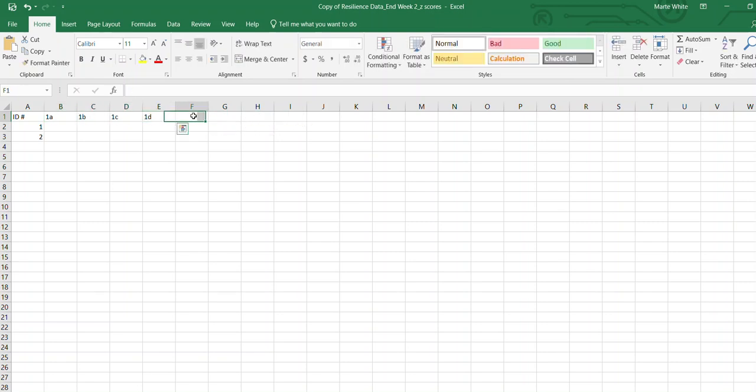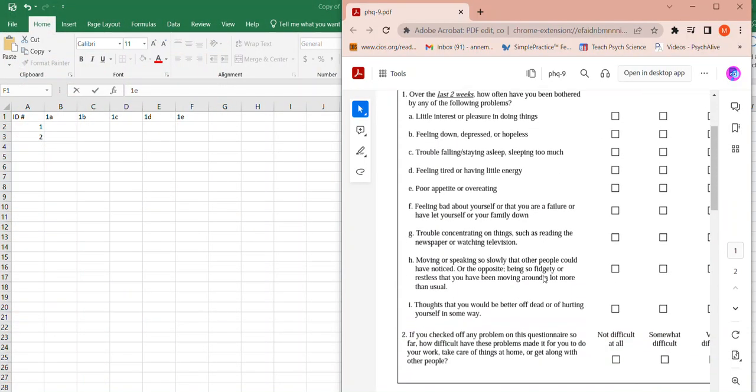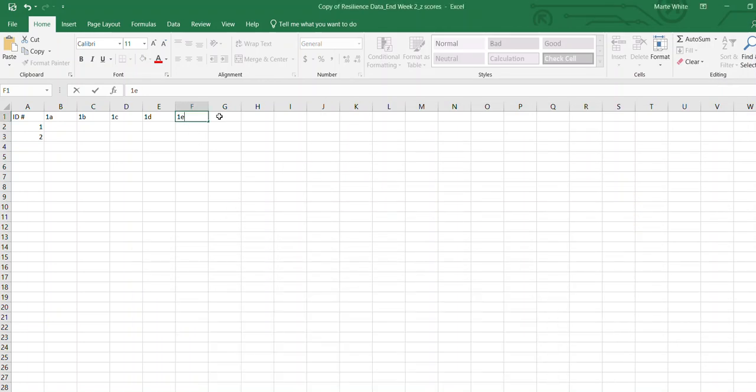And it's not going to. So just keep on doing the regular way. E, and how many did we have on that one? H, I, all the way down to 1I. Then you had question number 2,